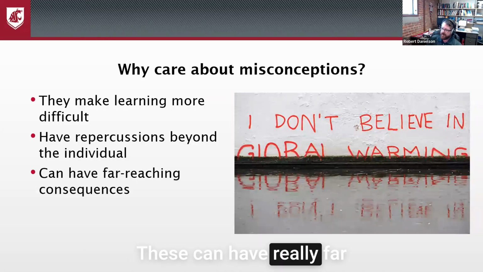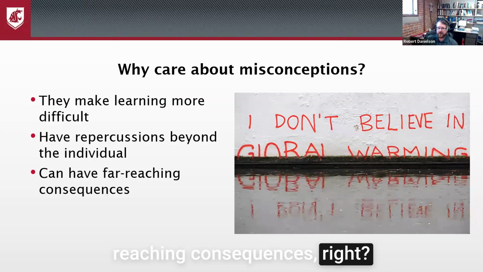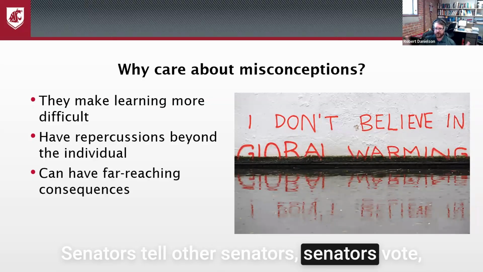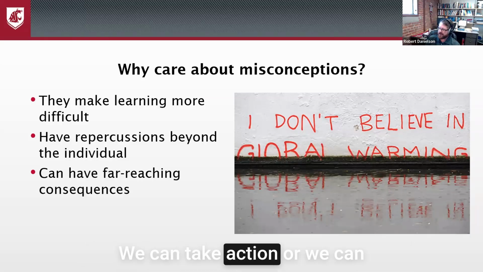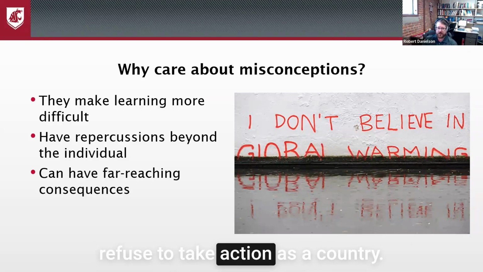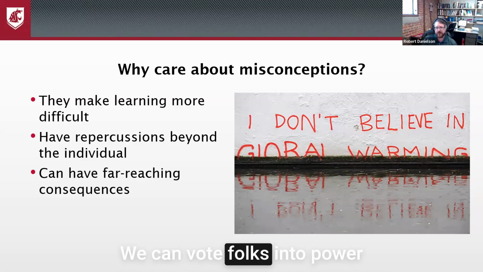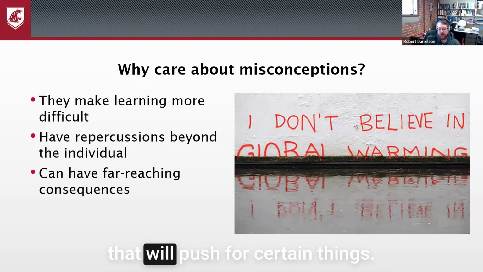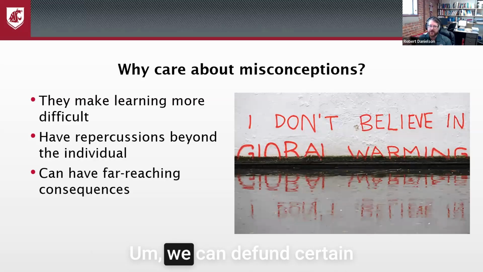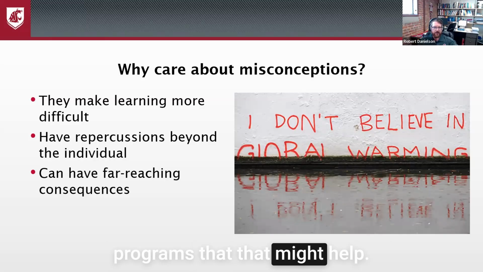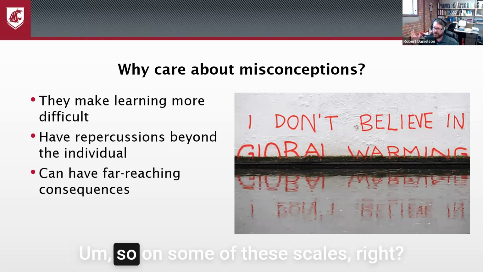And these can have really far-reaching consequences, right? Senators tell other senators, senators vote. There's lots of money involved here. We can take action or we can refuse to take action as a country. We can vote folks into power that will push for certain things, or we can vote for folks that won't. We can defund certain programs that might help. So on some of these scales, right,